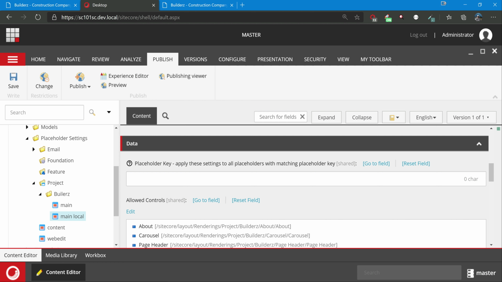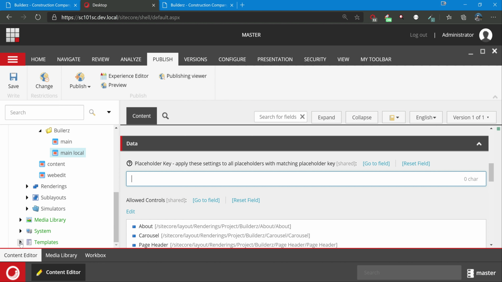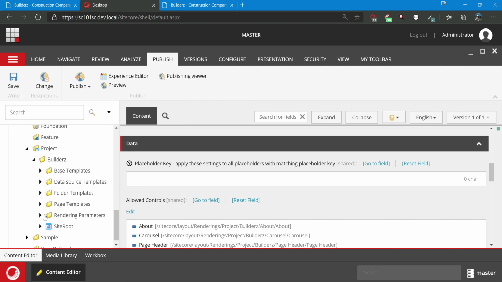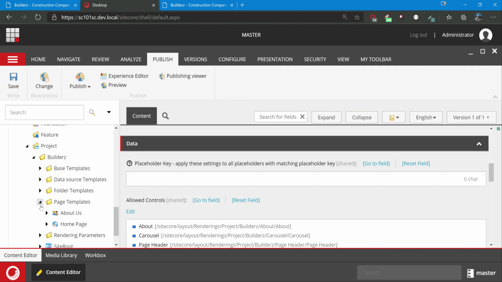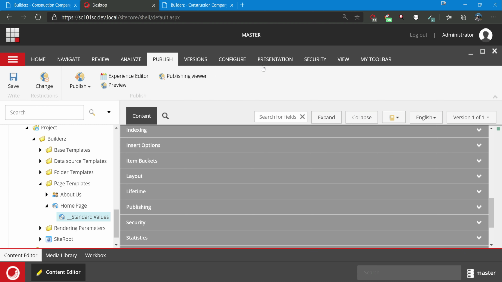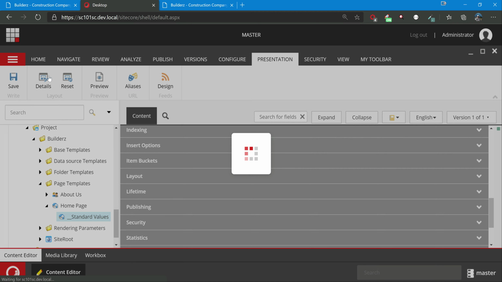But now we are saying this is local specific, and there is no placeholder key to match. Sitecore will not be able to understand which placeholder key it is. So for that, we will use the templates. Let's go to templates and project. We were creating for a home page. So go to standard values, and again go to presentation details.